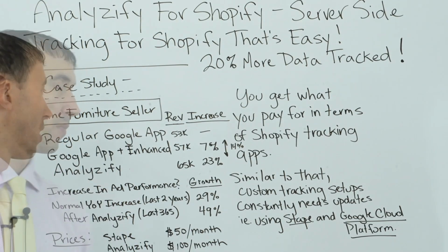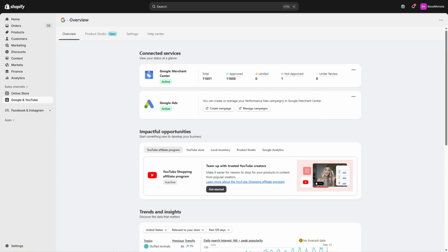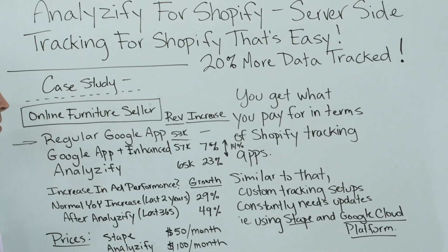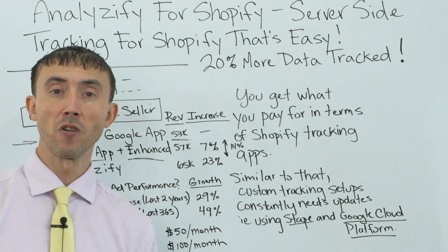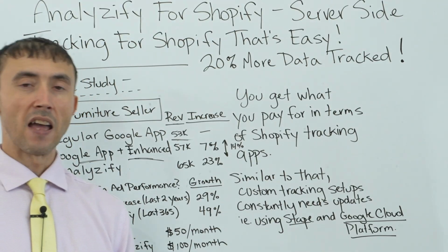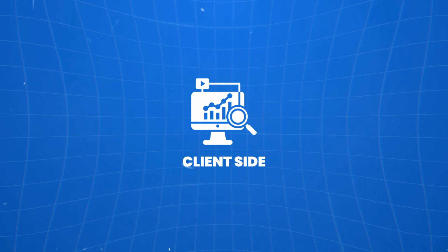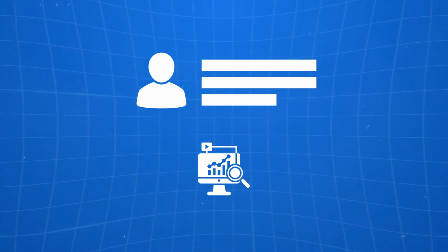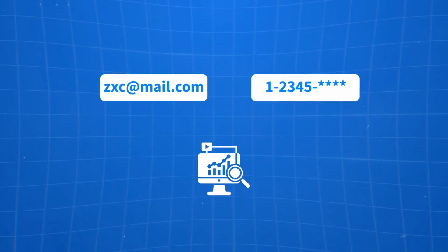the shopping cart, of which you can set up a regular Google Ads conversion goal, set up the Google and YouTube app on Shopify, and you can track purchases that way. Then you can set up another conversion goal that uses that same app plus enhanced conversion tracking, meaning that you're tracking conversions the usual way, client side, not server side, but you're supplementing the data with extra customer data, users' email addresses, users' phone numbers that you get when they